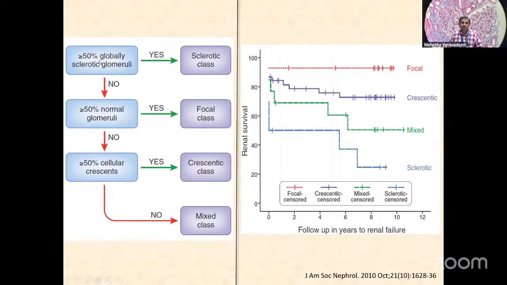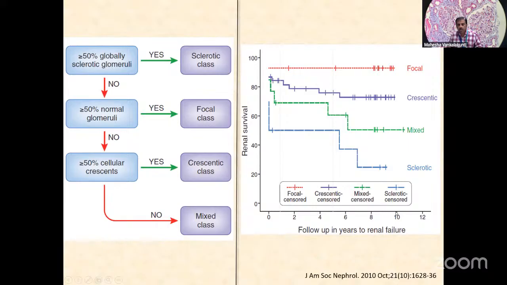And if more than 50% of the sampled glomeruli are sclerotic or have fibrous crescents, then it is called a sclerotic class. So this classification is backed up with the follow-up details of these patients over 1 year survival